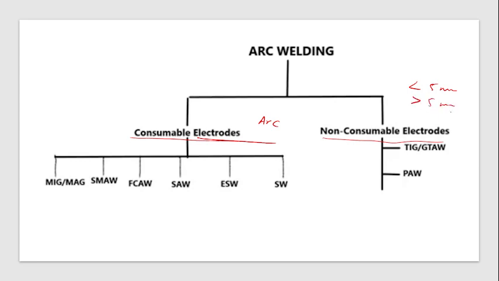If the distance is greater than 5 mm, then you have to use a filler material. And in non-consumable electrode welding, you have to use a filler material also if it is needed. In the consumable electrode, your electrode will work as a filler material and it will get consumed during the welding process. So there are six types of arc welding in which there is a consumable electrode, and two types